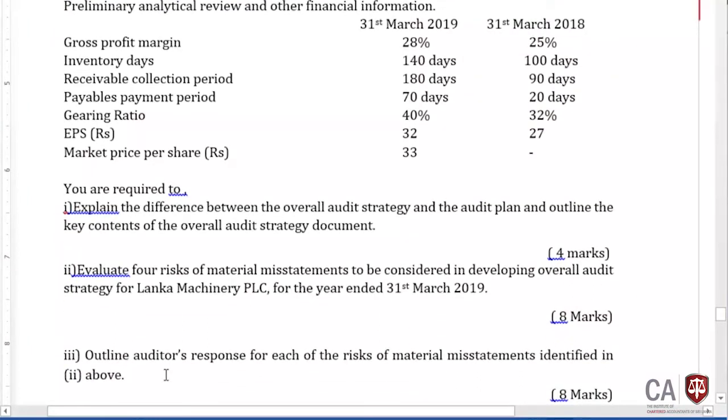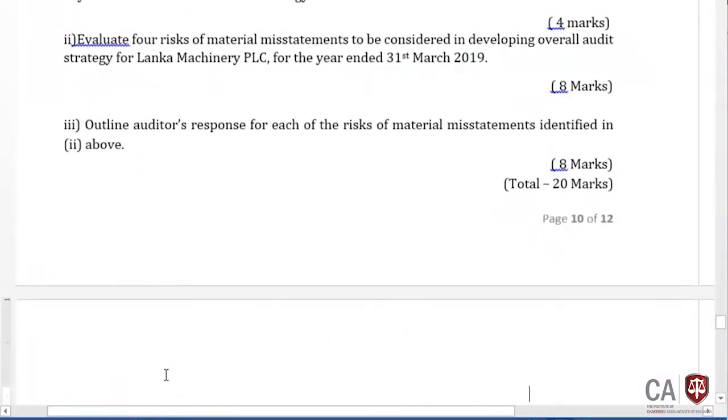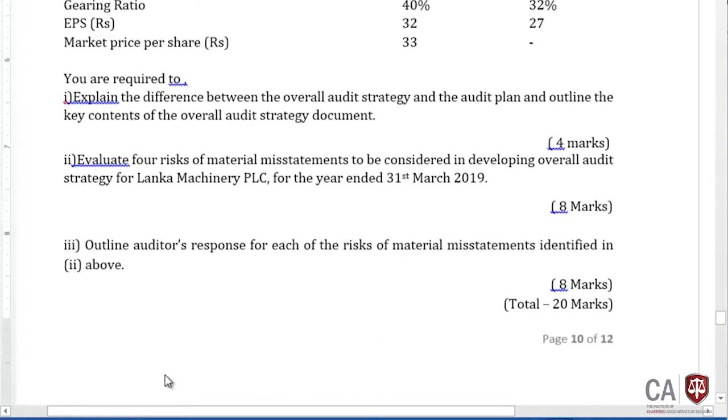Now, we have read the case study, and if you look at this 20 marks, are you going to get all 20? Right. So, at least more than 15 marks you want to get. So, how do we write this answer? It is very easy to answer this part,